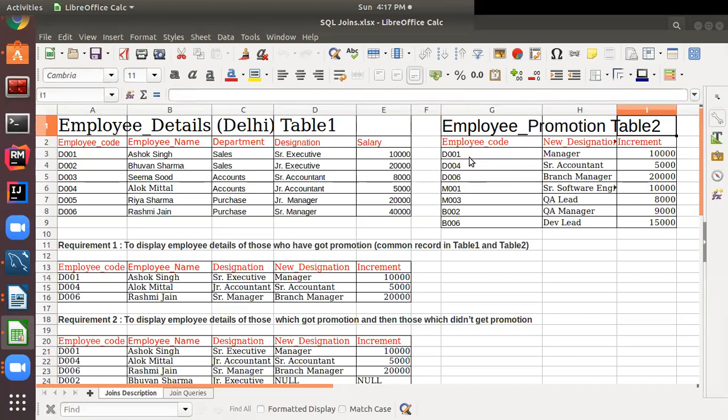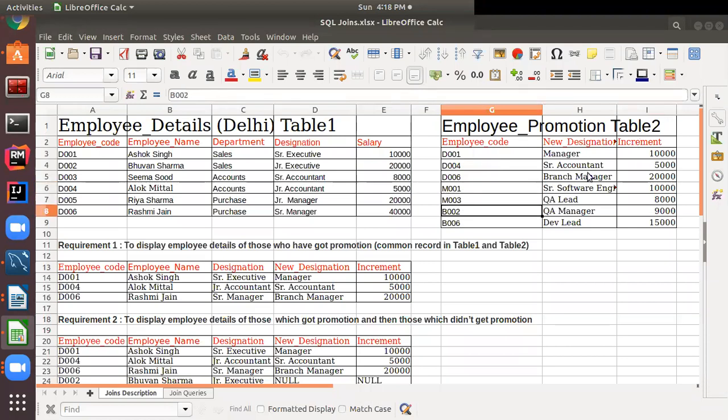Here I am keeping the record of all the employees of the company who have got promoted, irrespective of the branch. This table contains details of the Delhi branch as well as the Mumbai and Bangalore branches. That's why you can see I have given different coding for employees, M for Mumbai and B for Bangalore.